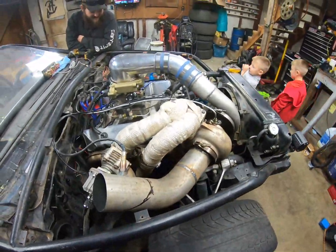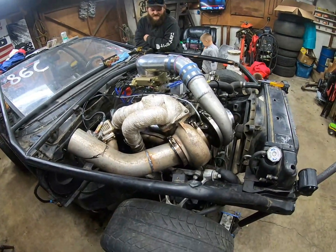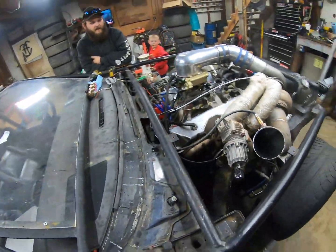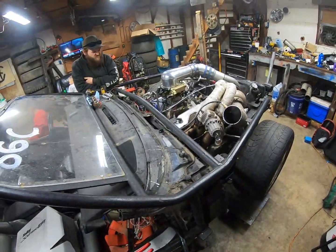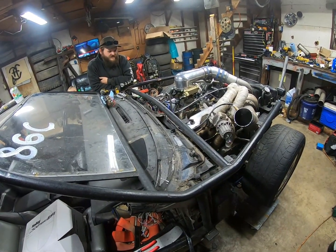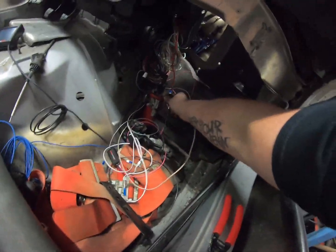I was scared. That was awesome. I can't believe how it just fired up and ran. I've seen people just have a terrible time with these things. Yeah. Didn't have to do anything to it. Wow. I'm gonna start it back up because